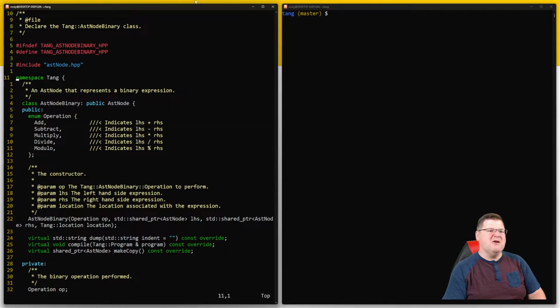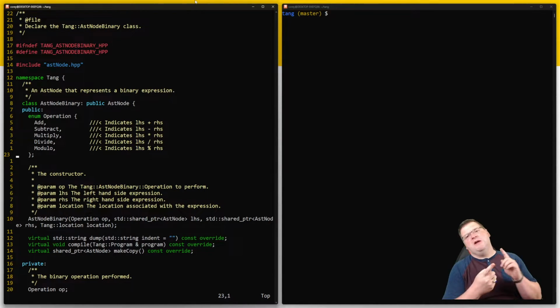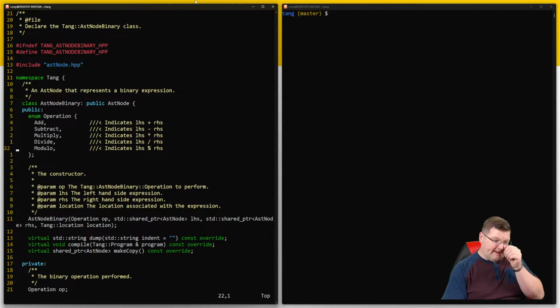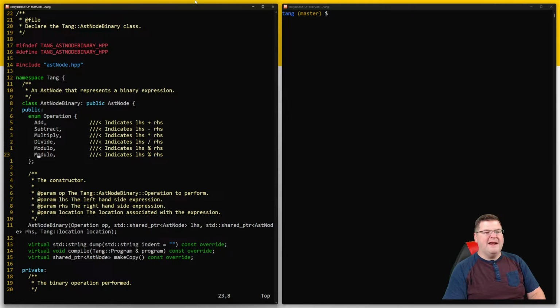The AST node binary. The reason we need this is because our less than, equal to, greater than, or equal to are all, yeah, actually right here, this is the easiest way to say it, are all binary operations. And so in this case, this is going to be